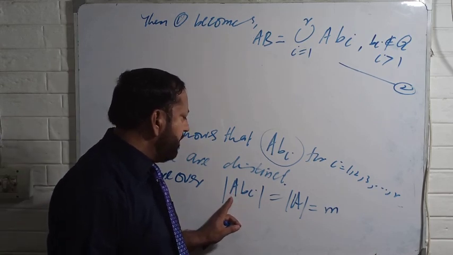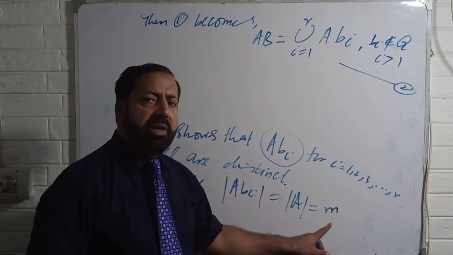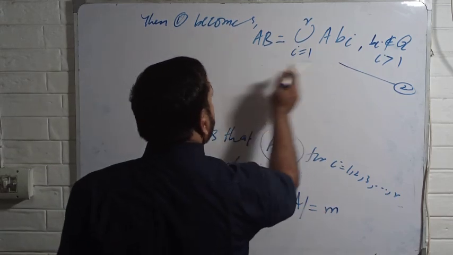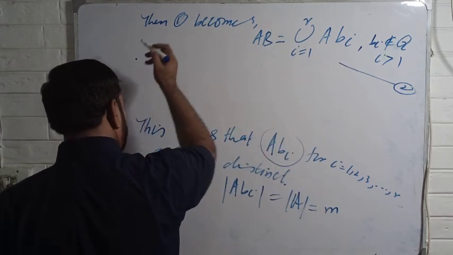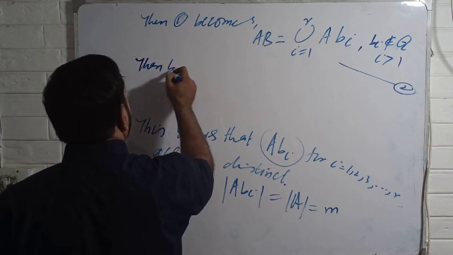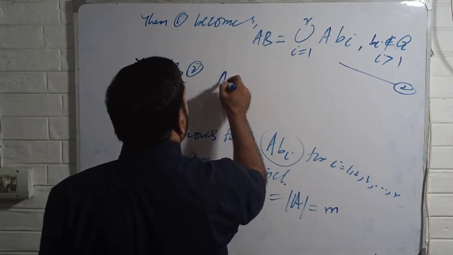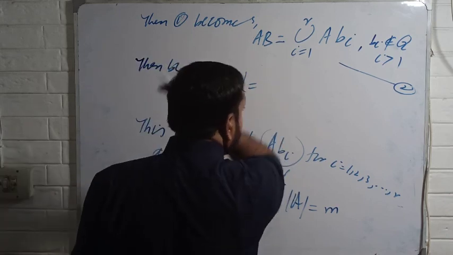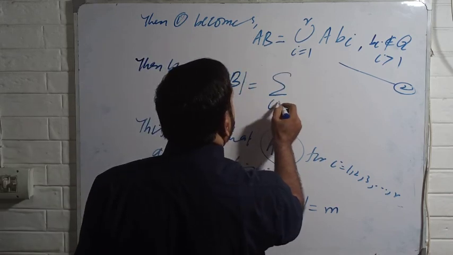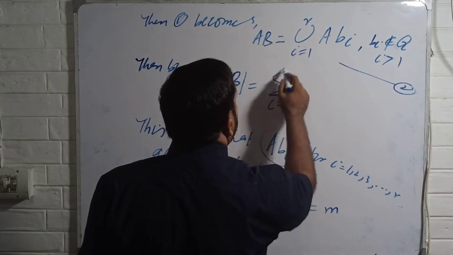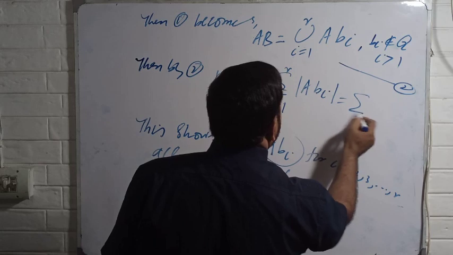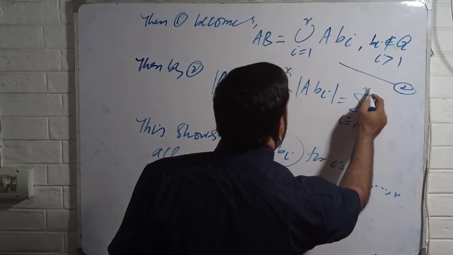So the order of ABI is equal to the order of A, which is equal to M. But from here, by 2, the order of AB is in fact the summation for I from 1 to R of the order of ABI, which is equal to the summation for I from 1 to R